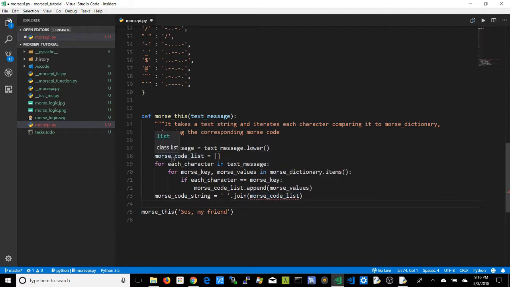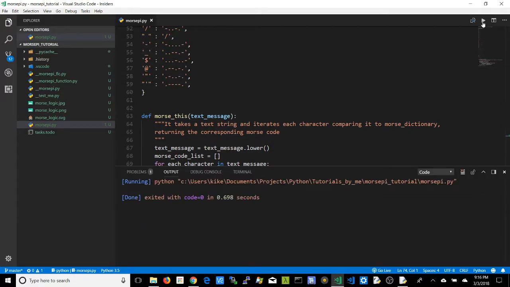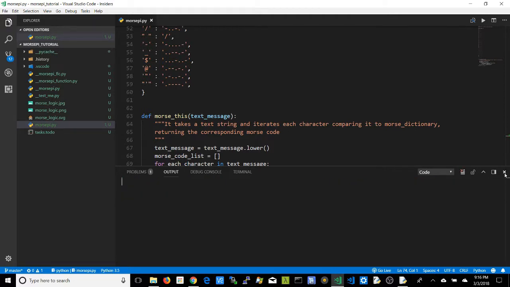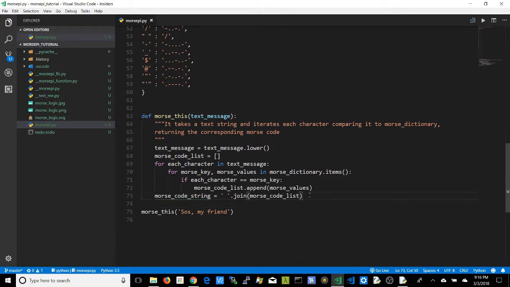Where's Morse code list here? Here it is. We save it. See it disappear. That should be fixed. What happened? It didn't return anything. Well, that's obvious, because we need to